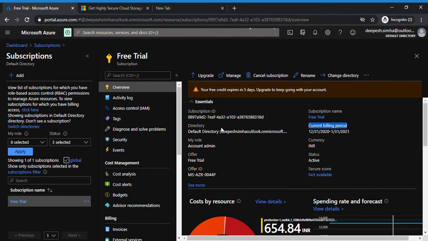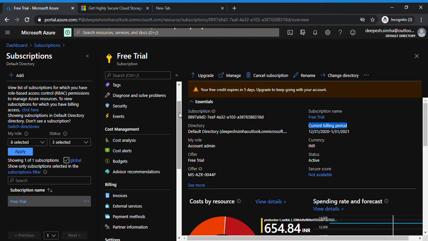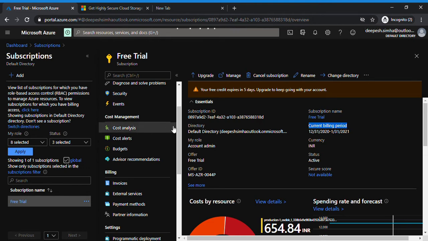Getting it? Yep. And coming to the left side, overview. We have just discussed the overview, and the activity log, access control, tags. These are all topics we are going to cover in coming topics, right? So right now I'm not going to touch them, and I'm going to discuss the topics related to the subscription. Mainly we need to focus on the subscription right now. Okay, now what do we do with the subscription.